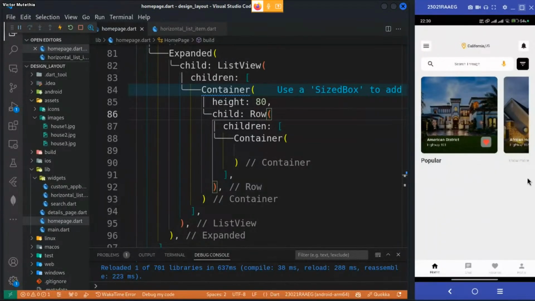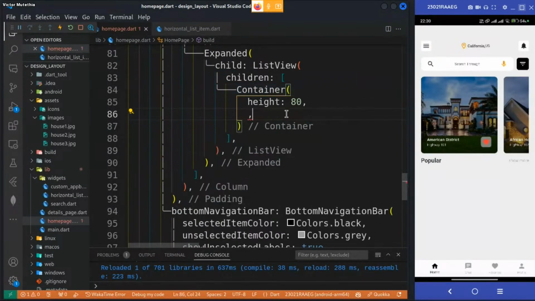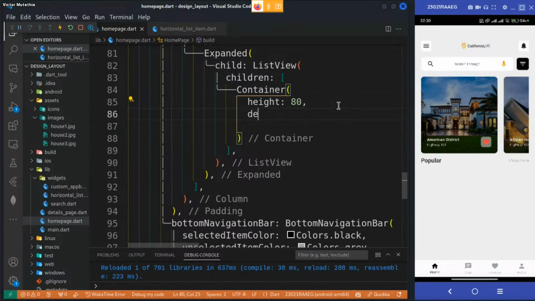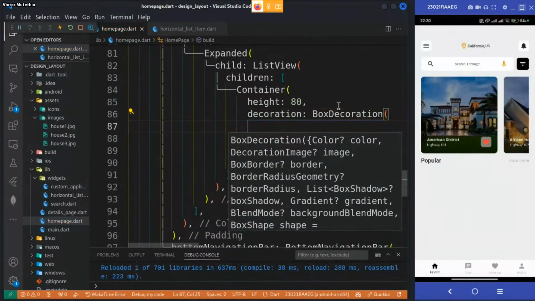I think it would be wise if we first dealt with the container itself, the color, the rounded edges, before we start going to the child, the row. So I'll delete this part first. Okay, so we have given it the height and then the decoration. There's no need to give the color directly because I know I'll need the rounded edges. So I'll give the color inside the